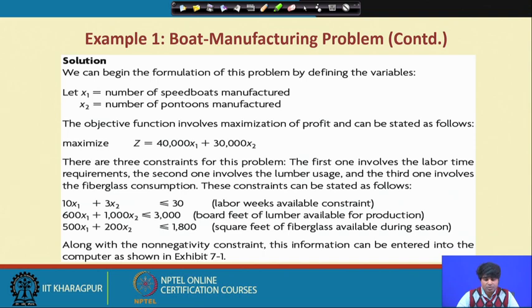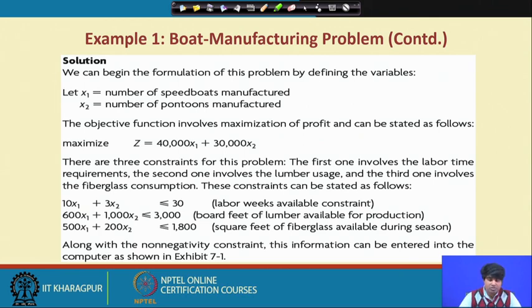So, that means the particular business requirement is to set a profit of 40,000 for x1 productions and 30,000 for x2 productions, subject to the available constraints, that is the labor weeks constraints, and the other raw material constraints, that is 10 x1 plus 3 x2 less than 30, and 600 x1 plus 1000 x2 less than 3000, again 500 x1 plus 200 x2 less than 1800. So, having these structures, we look for the optimal solution, and obviously by default